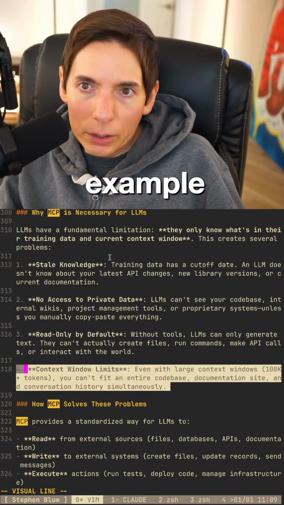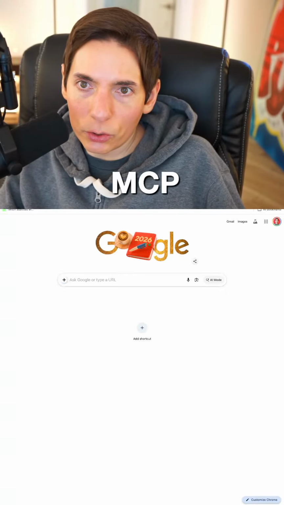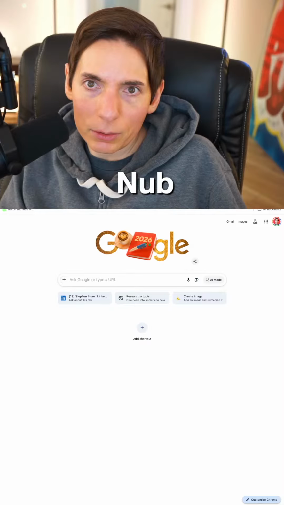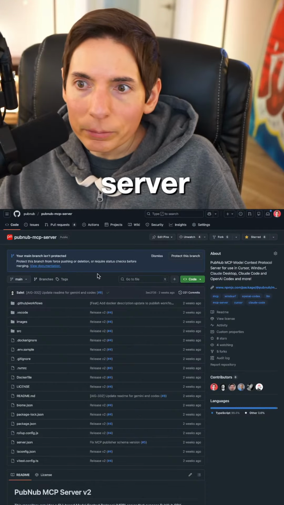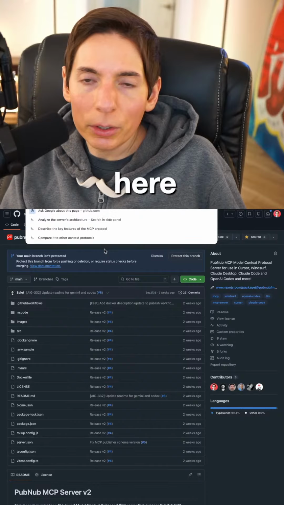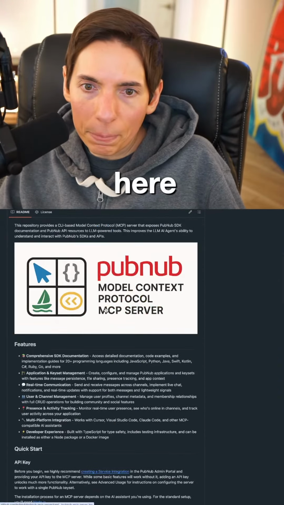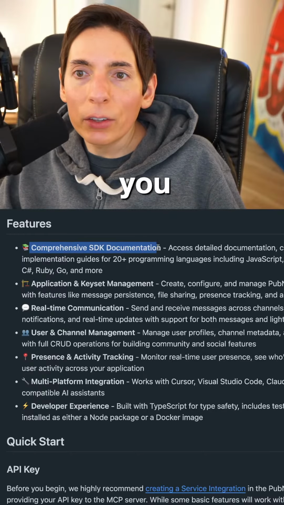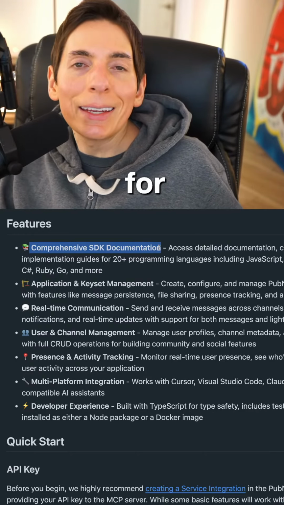For example, here I'll show you. We've got an MCP server, the PubNub MCP. It's on GitHub here. It gives you a lot of stuff. It gives you all of the SDK documentation for connecting devices.